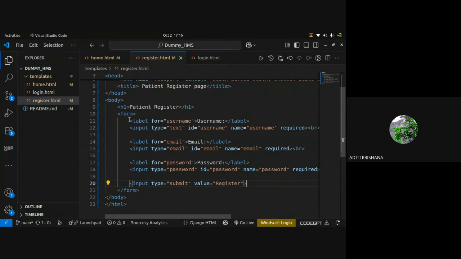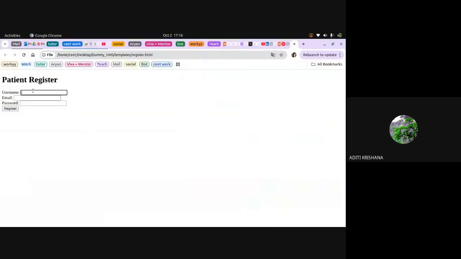The next question should come to your mind: what is the use of label and what is the use of input tag inside the form tag? Input means a box will be created inside which you can type something. You can see here three boxes have been created where we can type something. But every box has some label.